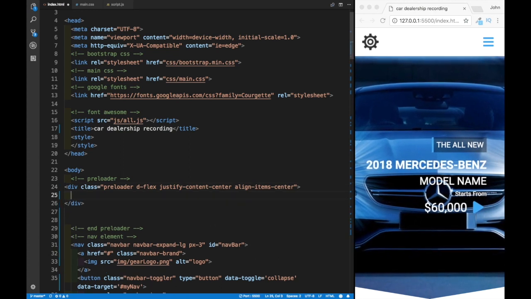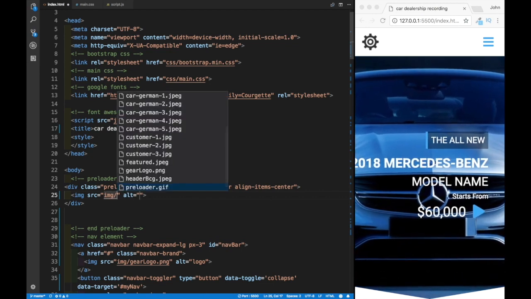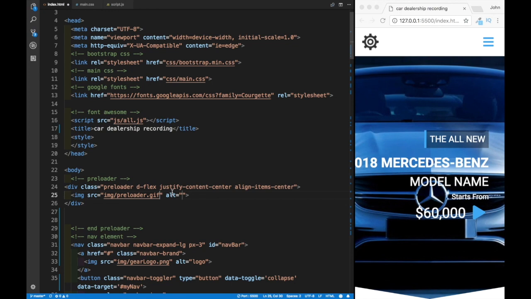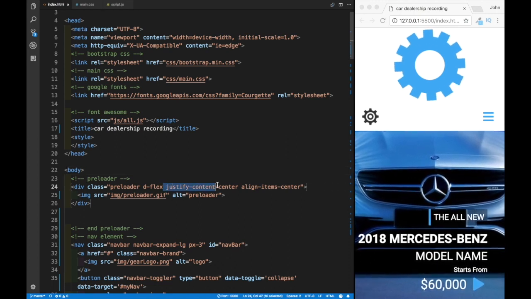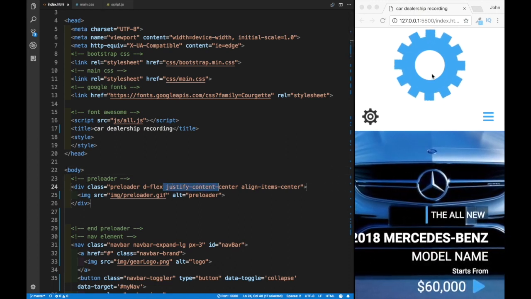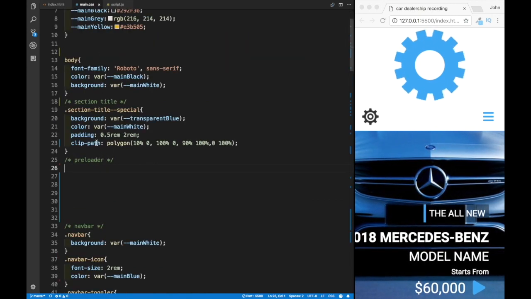And within the preloader, we would want an image. And for the image, let's just have an img element. Within the image, we're going to have a preloader GIF, and here we're going to say that the alt should be just preloader. This is going to be the alternative. Now, as you can see over here, we have our preloader spinning. For now, we just see the justify-content in the center because, again, the actual preloader doesn't have the height yet. So if we go back to the main CSS, right after the section title, we'll have a